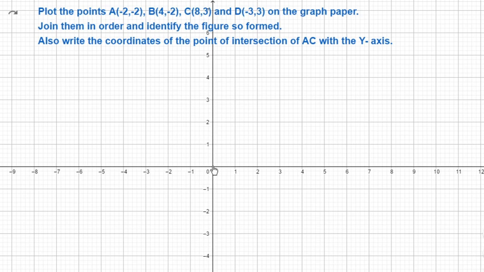See here, from the origin we will move towards this side up to minus 2. Okay, so I will make a point. See here, 0, then minus 1 and minus 2. So we will start from the origin and move towards minus 2. So you have to mark a point here. Then where is minus 2 on the y-axis? See, from the origin again we will start and mark a point at minus 2. Here it is. Now we have to extend these lines towards each other and mark the point of intersection. See, this is the point of intersection.